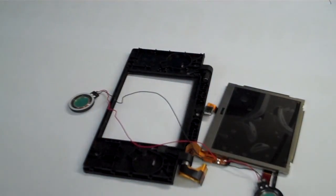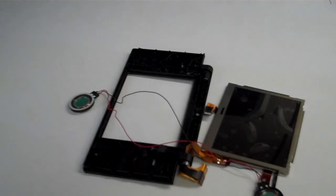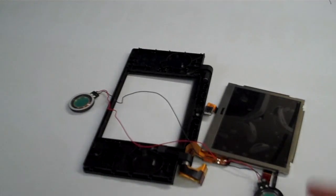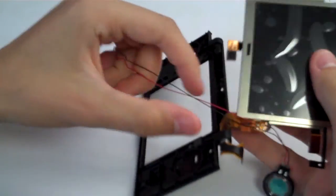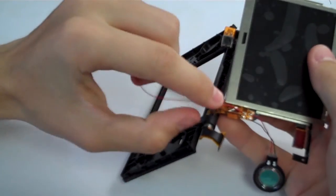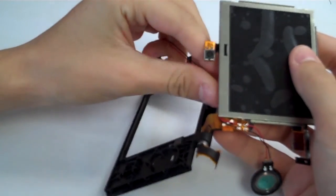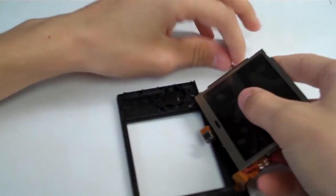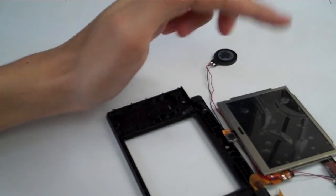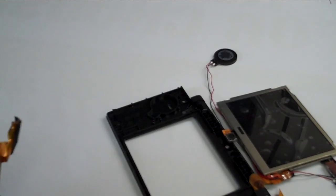Okay, let's put our soldering iron up. Alrighty. So our speakers are going to go, the one with the long wires is going to come off of the points there. It's going to go under the corner of the LCD there and wrap around onto the back side. And now we need to put the frame on the LCD,